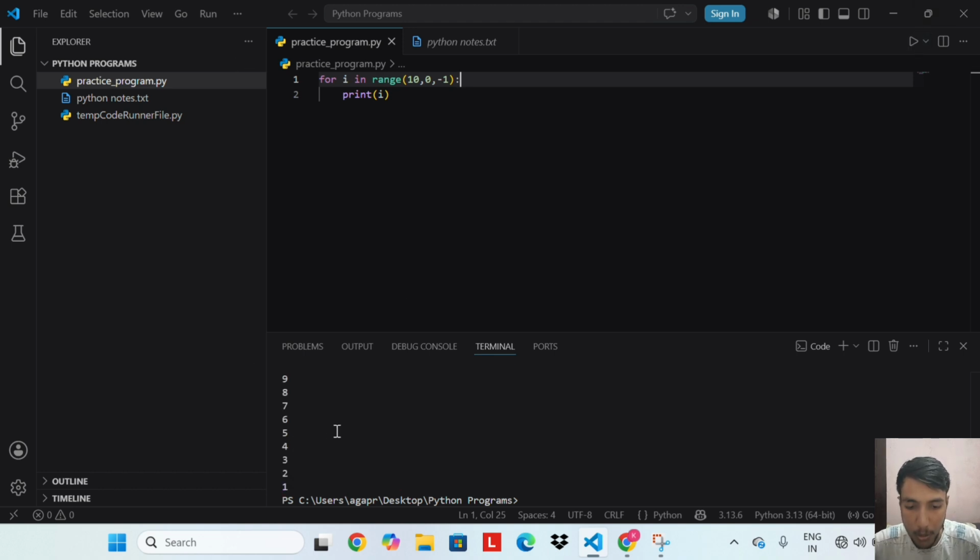This is a countdown. range(10, 0, -1) starts at 10 and stops before 0. The step is -1, which means go backward one step at a time. So we get 10, 9, 8, 7, 6, 5, 4, 3, 2, 1. The step value of -1 is what makes this go backwards. Without the step, range only goes forward.